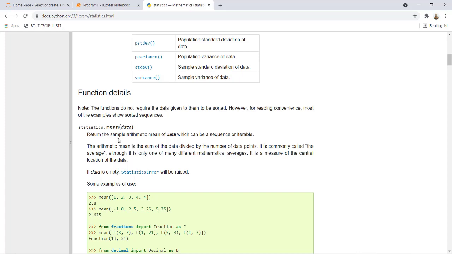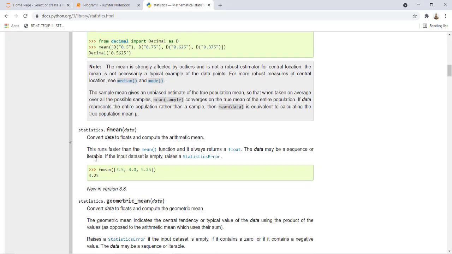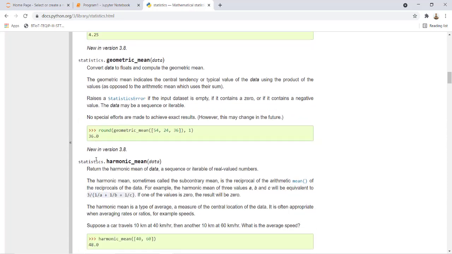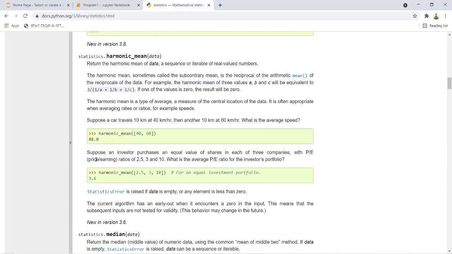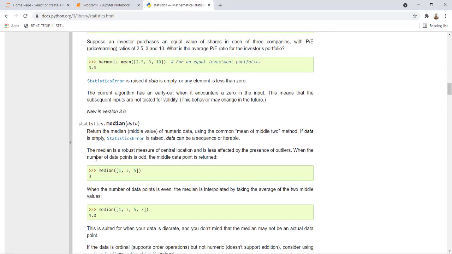The mean returns the sample arithmetic mean of the data, which can be a sequence or iterable. Inside this you can pass a list or tuple or any data frame attribute. Here we have some examples, but we don't want all these functions. I want to show only mean, median and mode with an example.